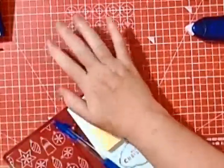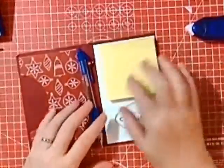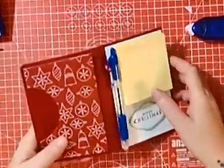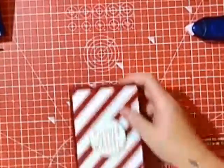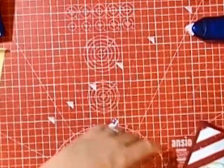There we go, job done. And yeah, I'm going to probably use this for making my Christmas notes, and put all my little jotters and receipts and stuff in there. So thank you very much for that. Again, that's from the lovely Vicky. I'll put that back in the bag